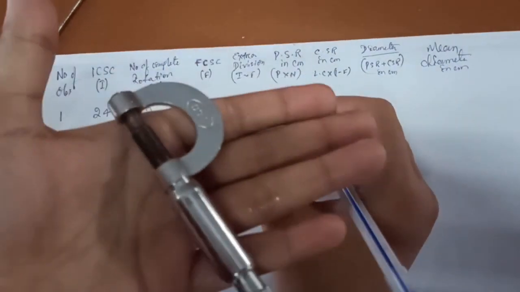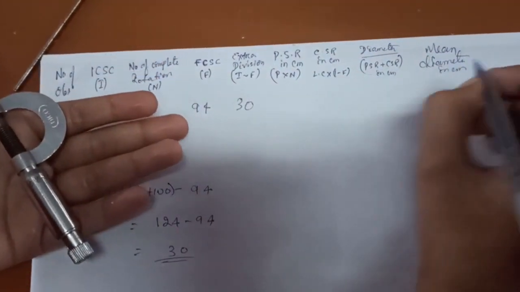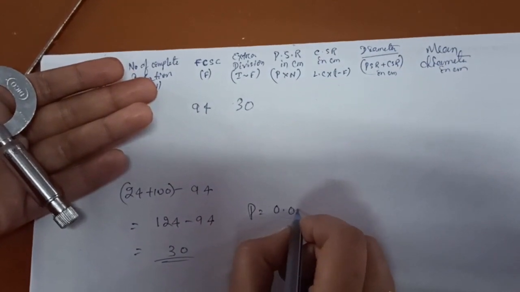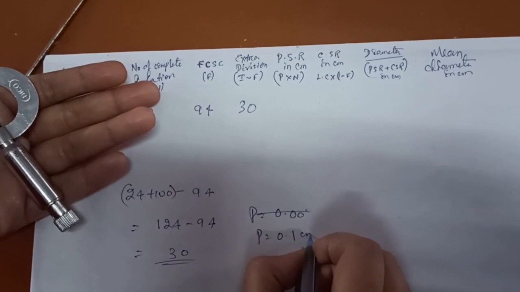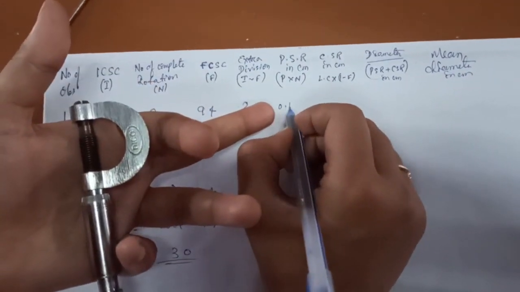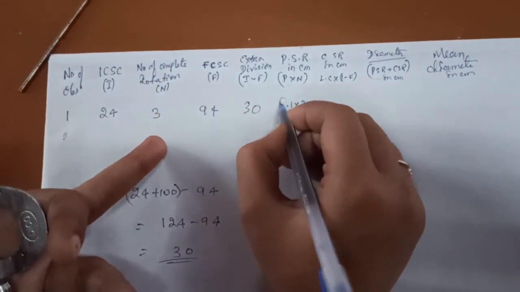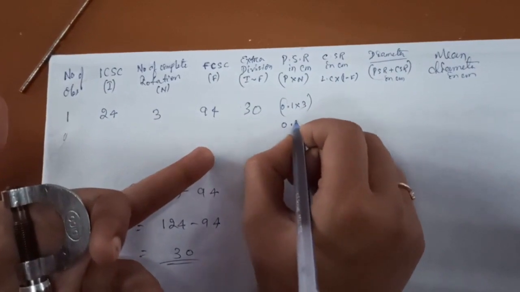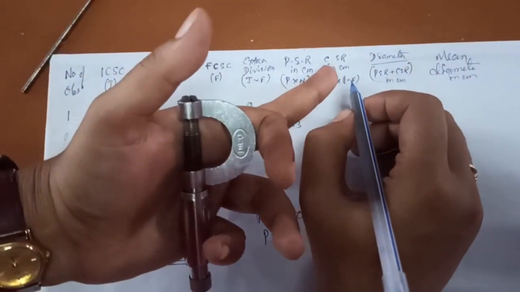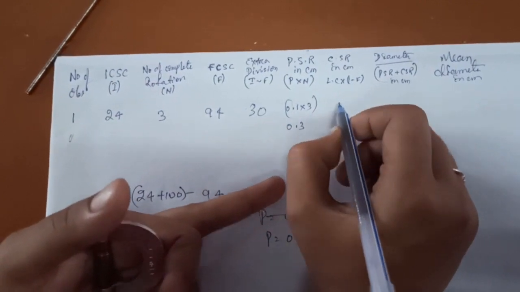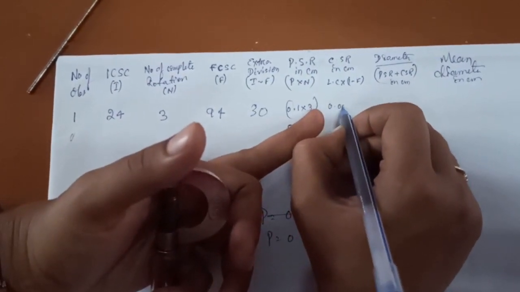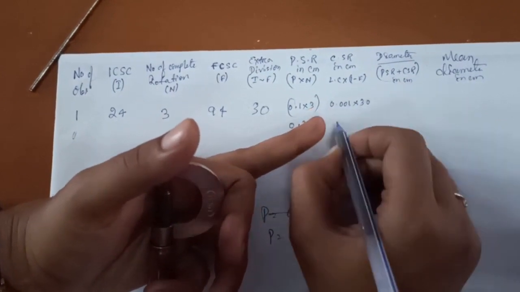The pitch of this instrument is 0.1 centimeter. So you have to multiply 0.1 into 3. You will get 0.3. Then circular scale reading is least count into the extra division. Least count is 0.001 into 30. It will give you